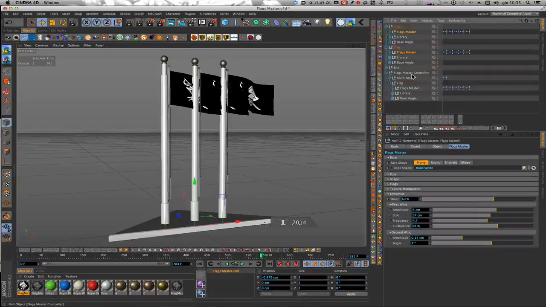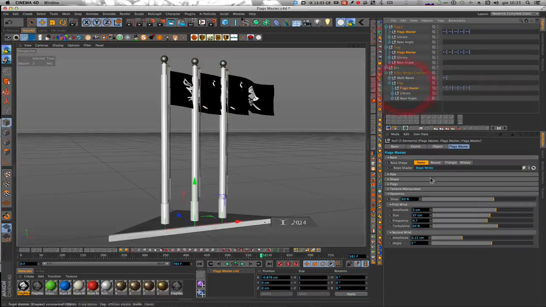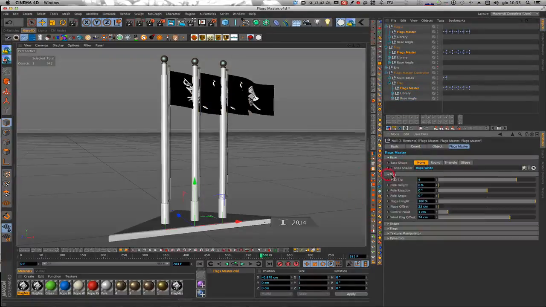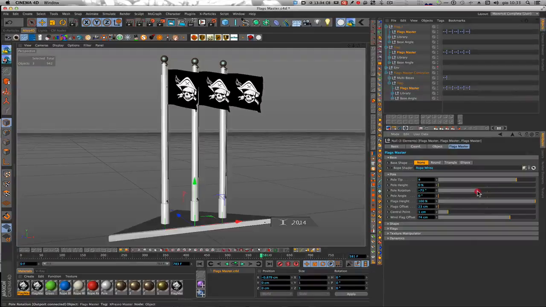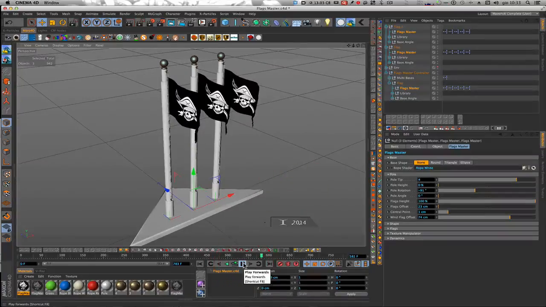One, two, three. In the pole control, we can rotate it about 90 degrees. So we have